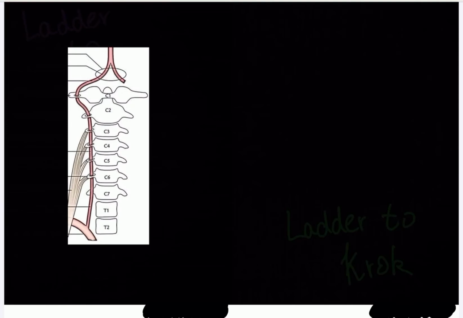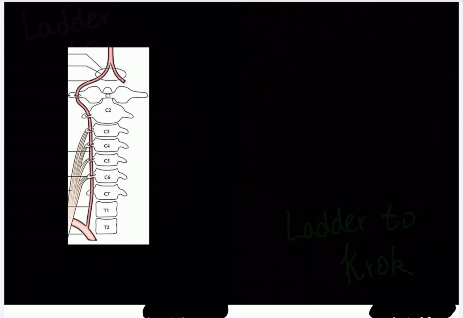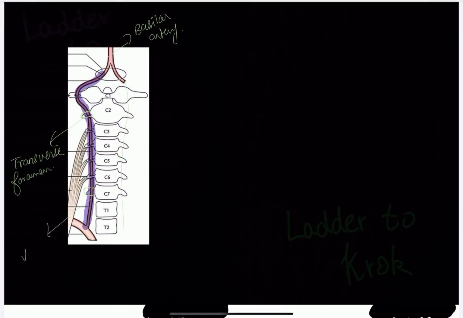But before that, there's one more artery left, that is the vertebral artery. So as you can see over here, right, this portion, this is the vertebral artery. So like this, you have two vertebral artery. Okay, and these two vertebral artery will fuse to form one basilar artery. Okay, and this vertebral artery, you can see where it is coming out from, right? You can see a foramen. This foramen is known as transverse foramen. Your this cervical vertebrae has this transverse foramen. So where do this vertebral artery passes from? It passes from the cervical transverse foramens. So then this vertebral artery will merge, two vertebral arteries from each side will merge to form a basilar artery.